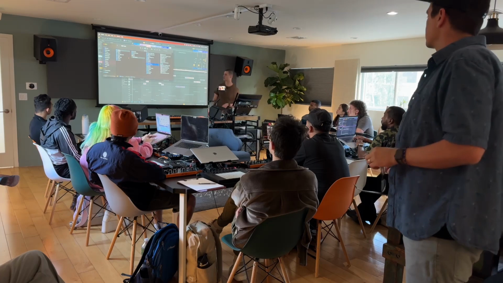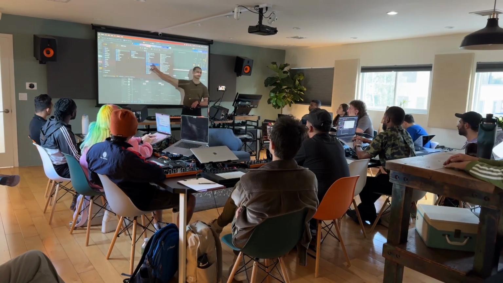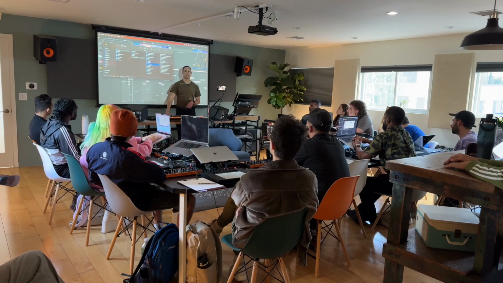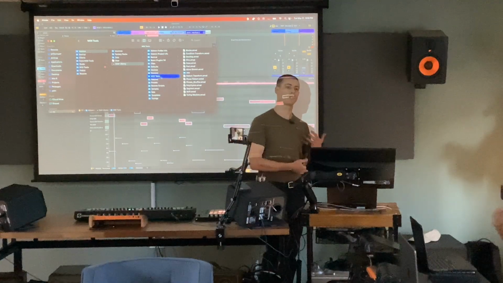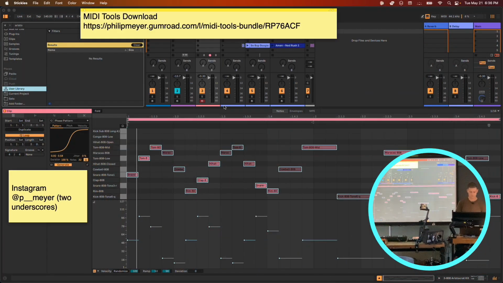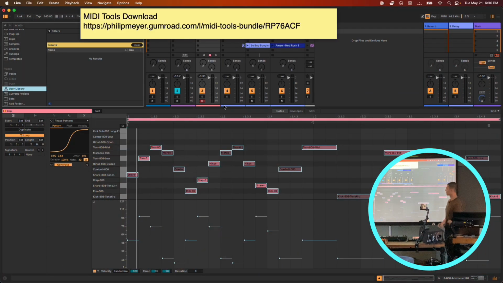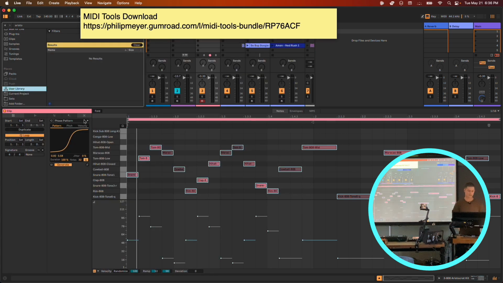And then go to, if there's not a folder called MIDI Tools already, you can just create it and stick them in there. And unfortunately, the link there, they don't let you download them in a zip, which is a big complaint that I have with the Gumroad people, but it's how it is. But anyway, you download them, put them in here, and then they'll start to show up in these menus over